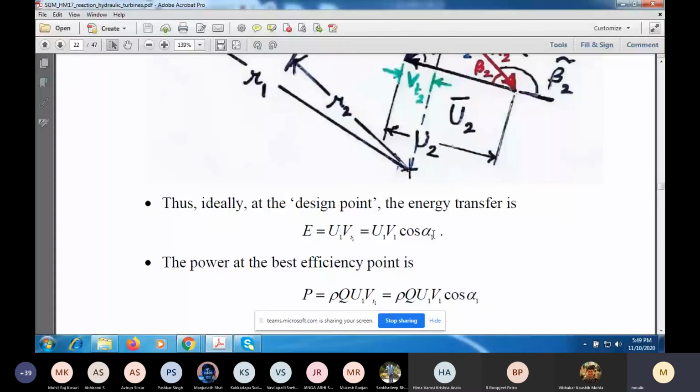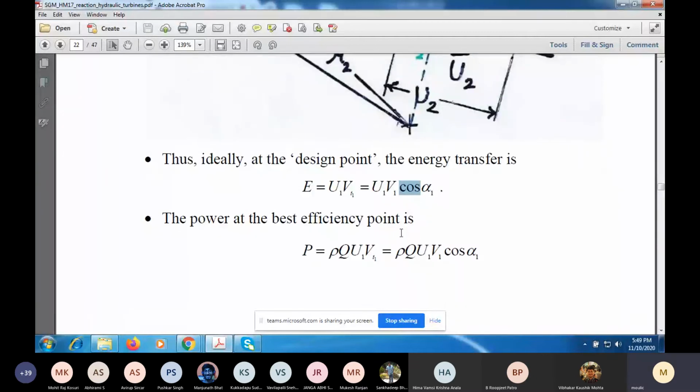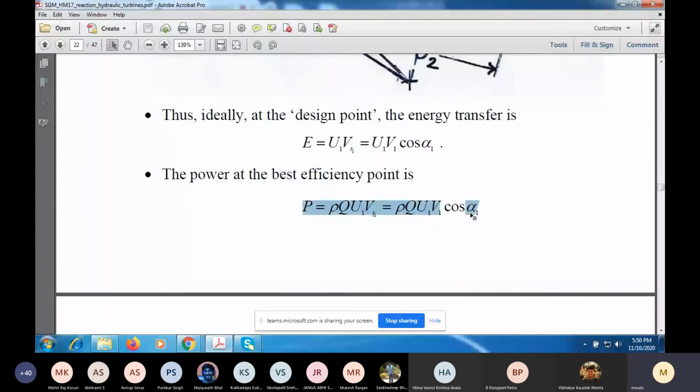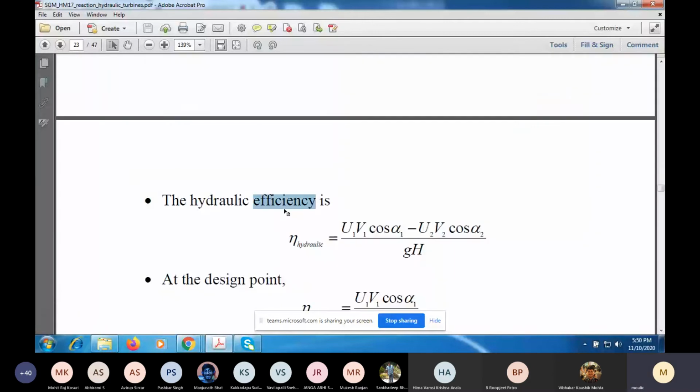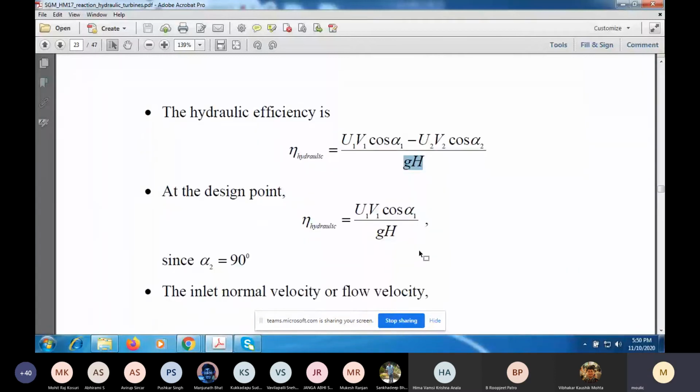So at the design point, the energy transfer is simply u1 Vt1, which is u1 V1 cos alpha 1. So the power at the best efficiency point will be rho Q u1 V1 cos alpha 1. But this alpha 1 at the best efficiency point will be related to beta 1. And if you want to look at the hydraulic efficiency, it is the power that you're extracting divided by the power that is available. So at the design point, when alpha 2 is 90, it is simply